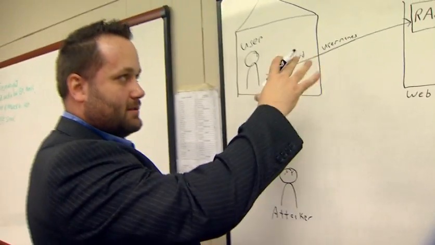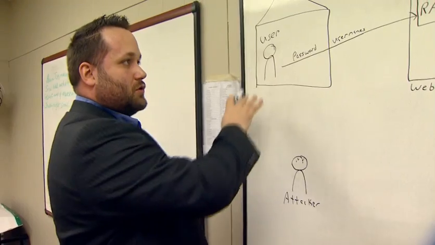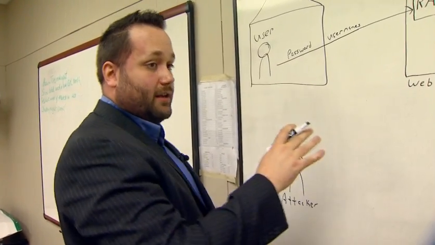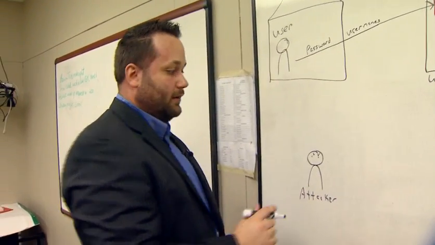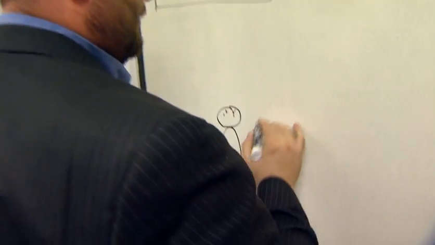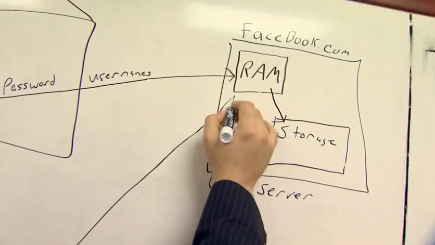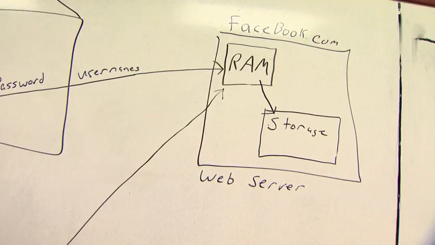And let's say he knows, for example, Facebook.com is vulnerable. Now, without the user knowing, and very likely without Facebook knowing, he can tap into this Heartbleed vulnerability. What it allows him to do is send a request to whatever's in memory here,